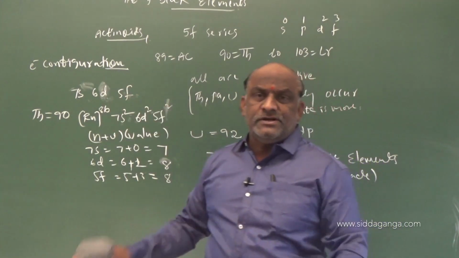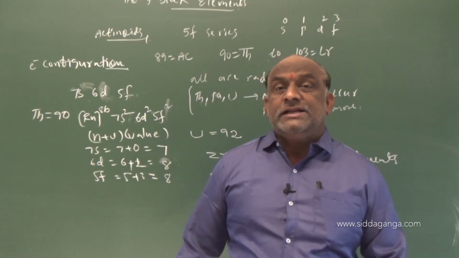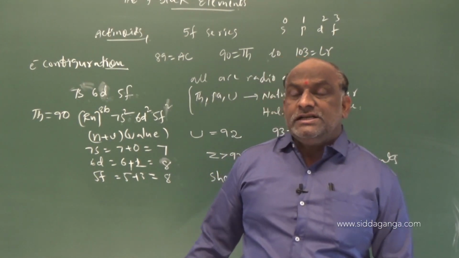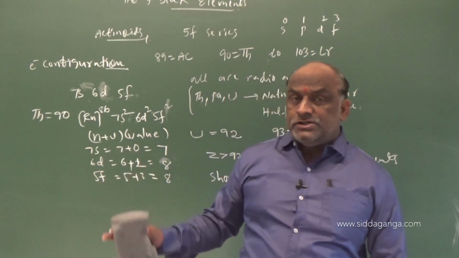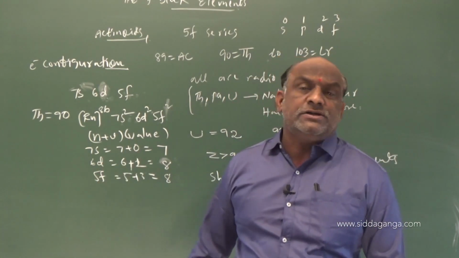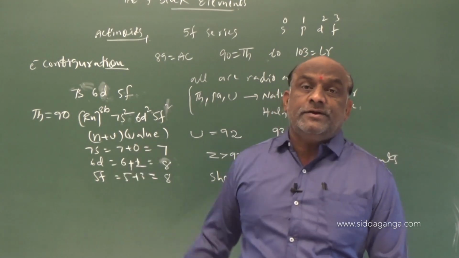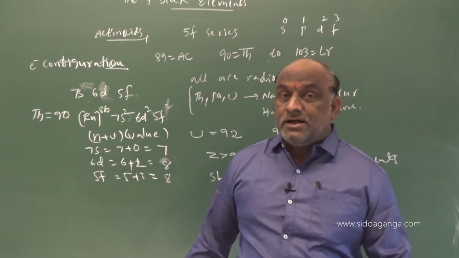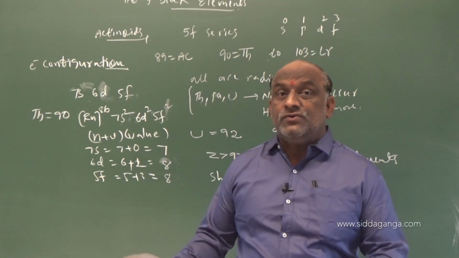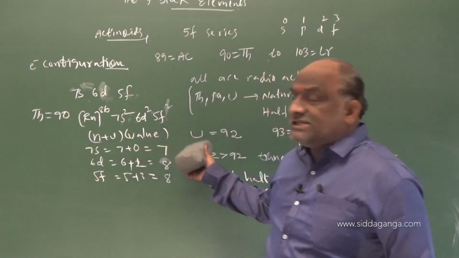The gap between 7s, 6d and 5f is not considerable. Due to that, electrons easily jump from lower energy levels to higher energy levels. Due to that, the chemistry of actinides is very, very difficult. And one more point, these are all radioactive elements. So, the chemistry of actinides has not been so vast or expanded